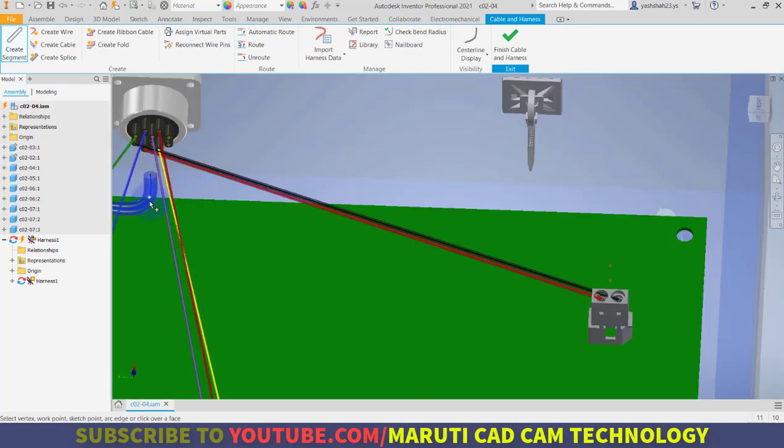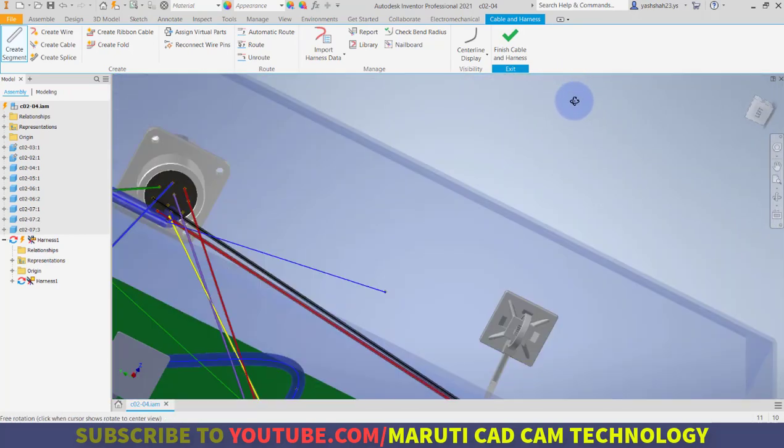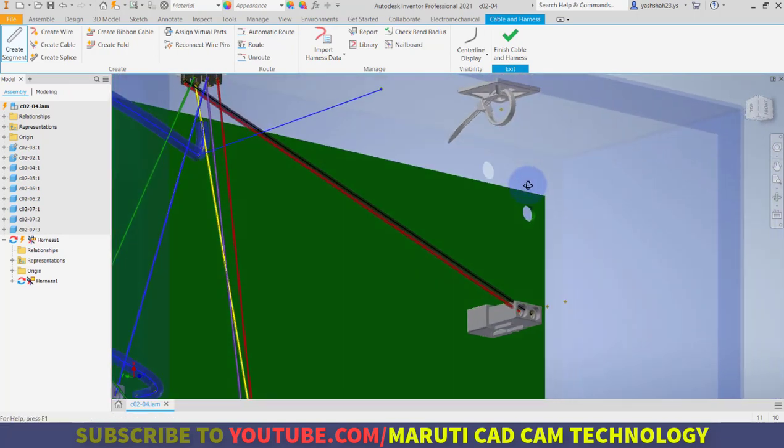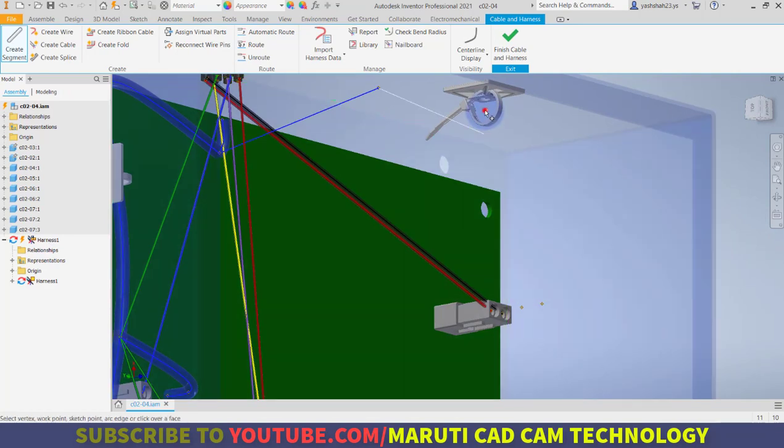So create a point somewhere about here. Then connecting this point.